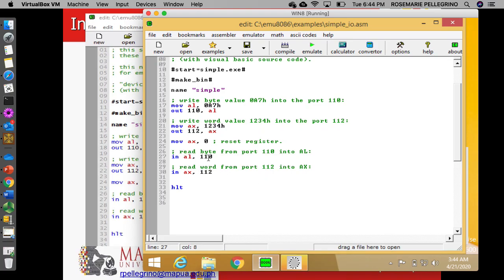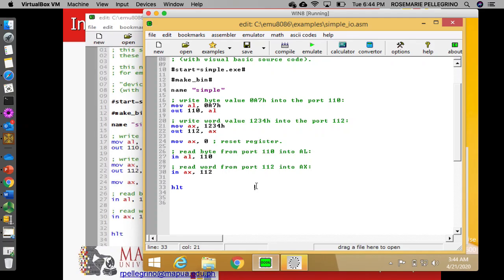Whatever is read from port 110 will be outputted into the accumulator, the lower accumulator, and also whatever is read from port 112 will be outputted to the accumulator. So that's a simple input output operation.